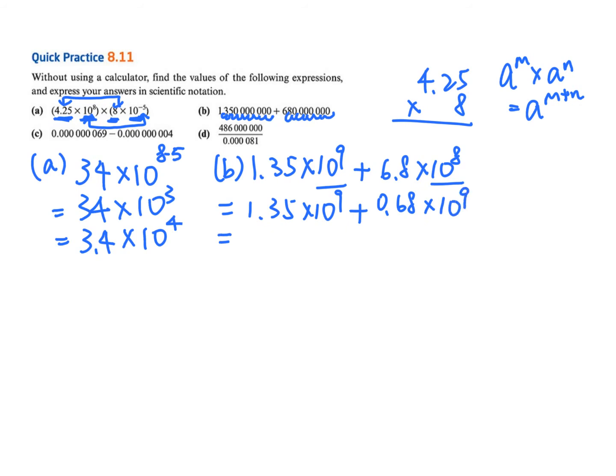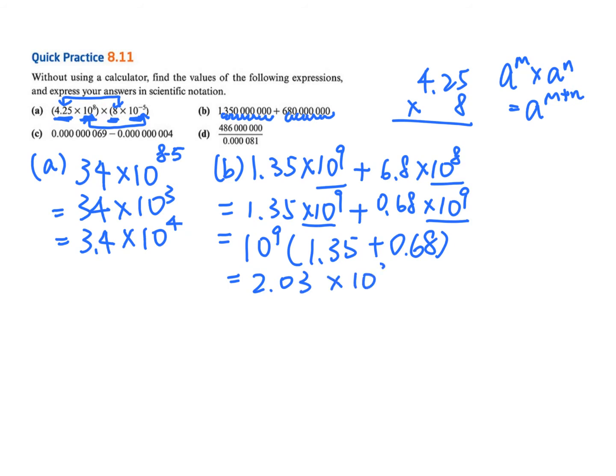OK，點解我要將個小數位再向左移多一格？個原因就係我令到呢兩嚿嘢係一樣嘅。佢哋一樣嘅話，我就可以 factorize 佢出嚟。OK，然之後當然係撳 calculator 啦，1.35 plus 0.68，so I will get 2.03 and then times 10 to the power 9。咁我就做完啦。